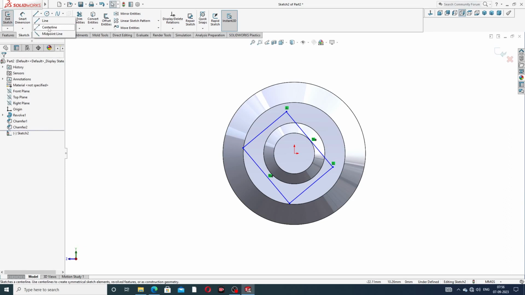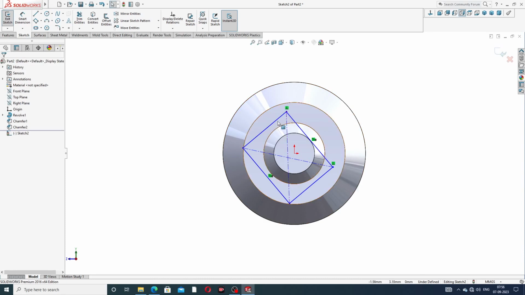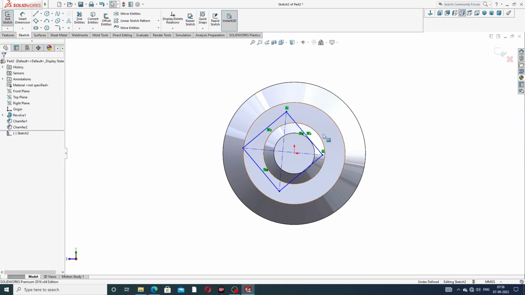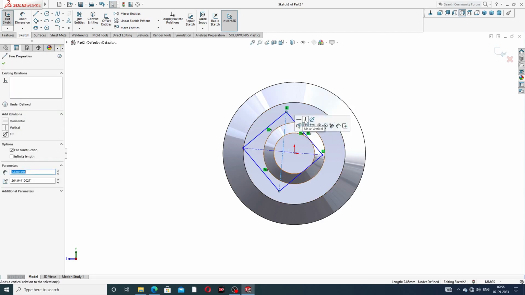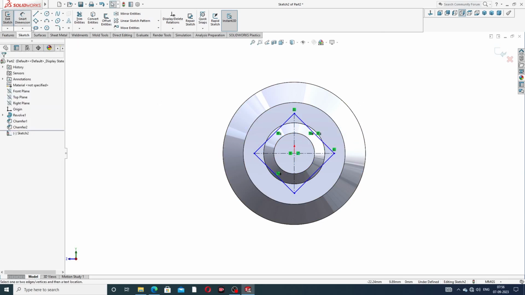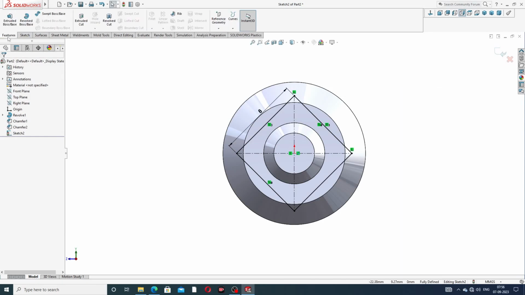And two center line is connect to this and again select this to this. Okay, and this line and this line is a equal. Okay, and this line is a vertical and press this line and press a control button and select this point and this midpoint. Okay, and this distance is 8 mm is perfect. Okay, and extrude cut